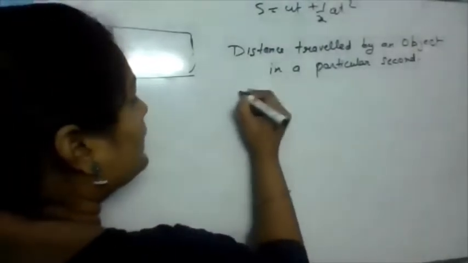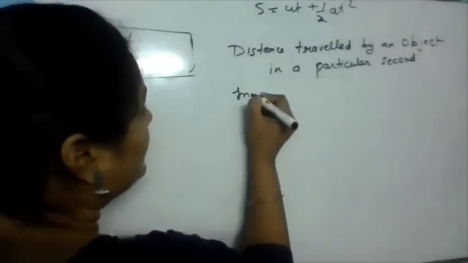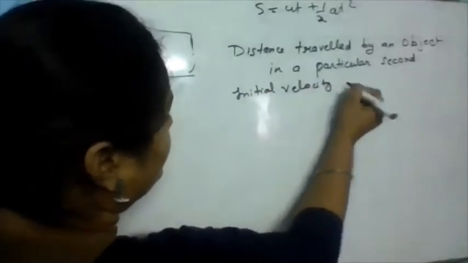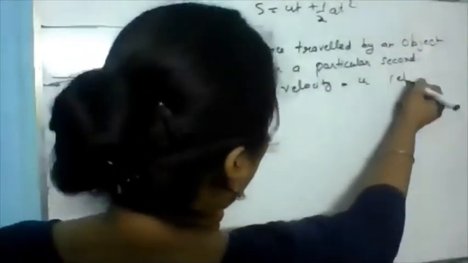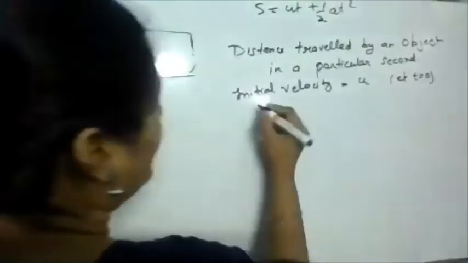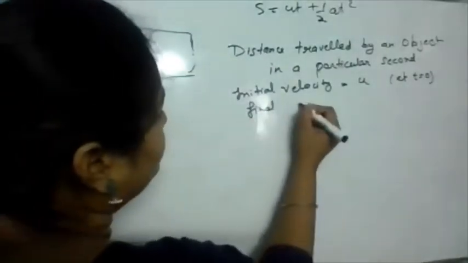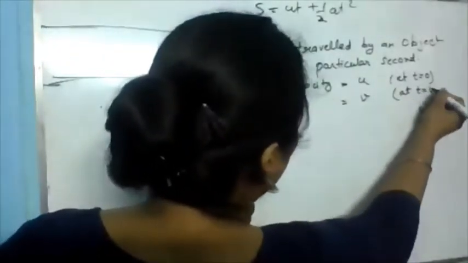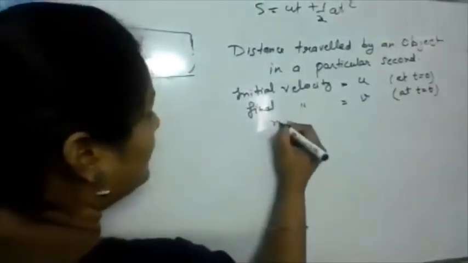So initial velocity is u at t equals 0, and final velocity is v at t equals t,